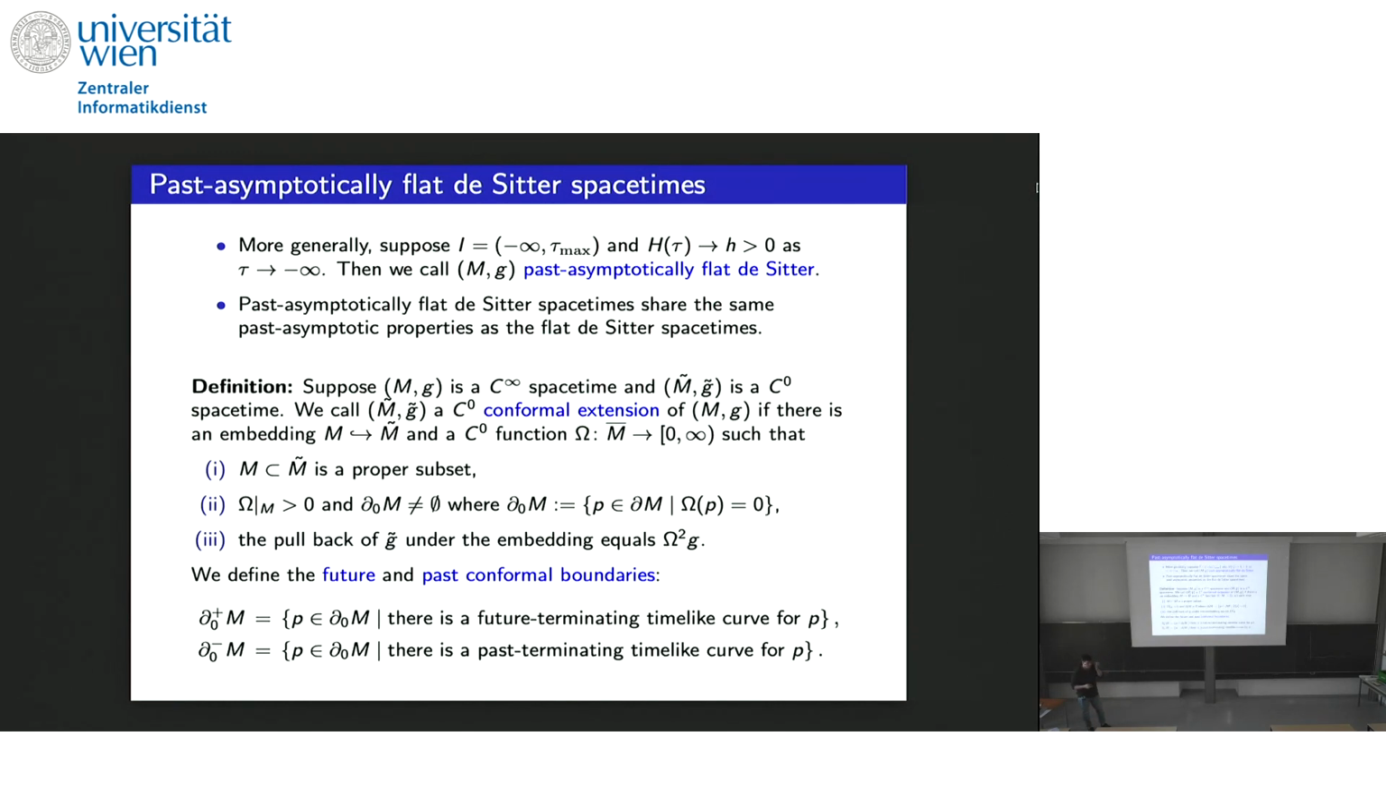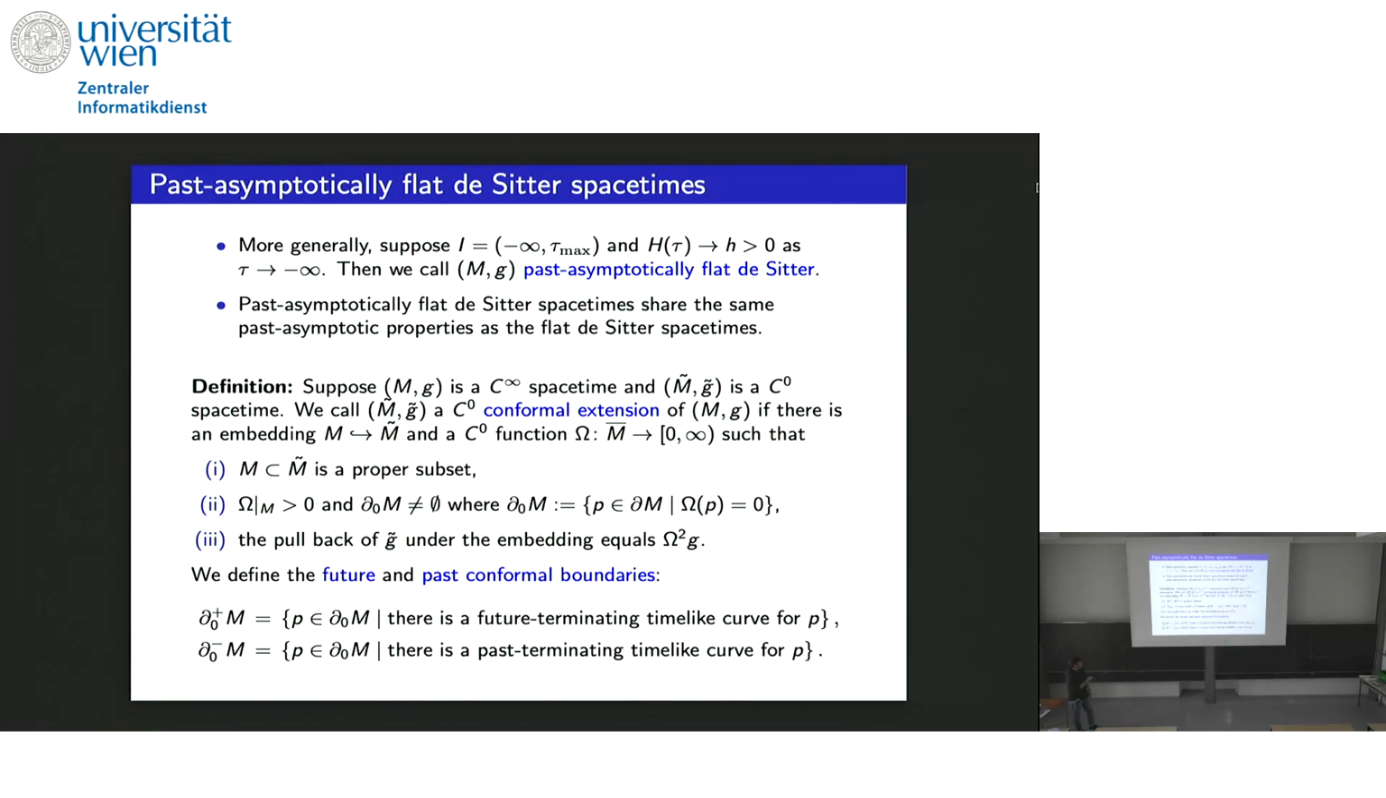Okay, so to capture these effects, we created a new definition. Suppose MG is a smooth spacetime and M tilde g tilde is a C0 spacetime. We call M tilde g tilde a C0 conformal extension, and we haven't put this on the archive yet, so if someone finds a better name for this, please tell me, because I don't even know if this is what I should be calling it. We call it a C0 conformal extension of MG if there's an embedding of M into M tilde and a continuous function omega from the closure of M into [0, infinity), such that M inside M tilde is a proper subset,